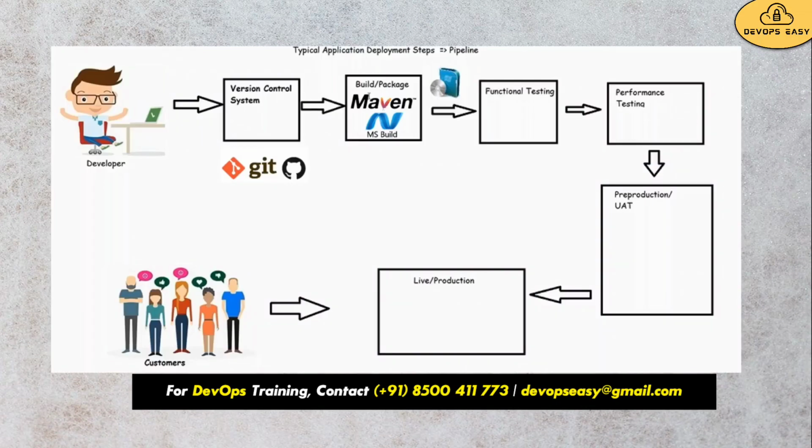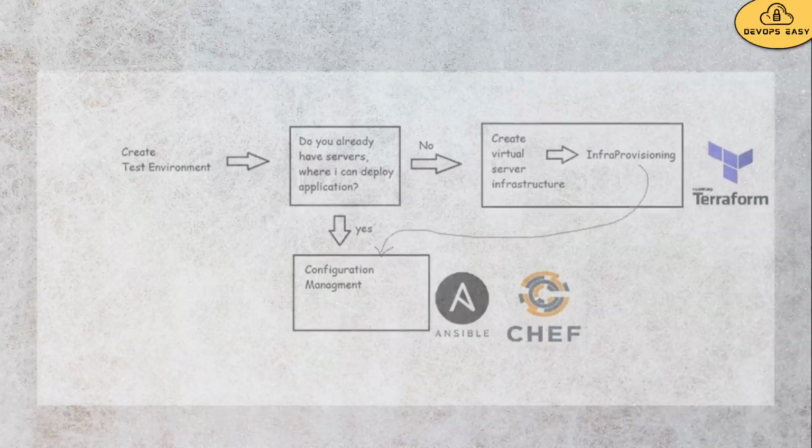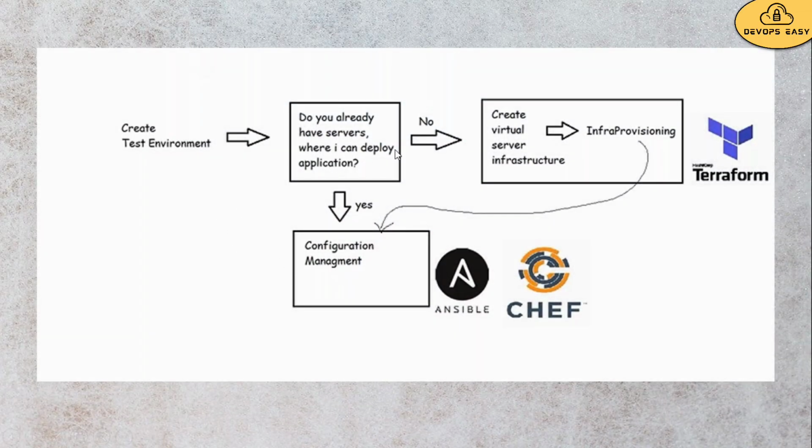After the package is ready, that is my jar file is ready, I need to copy it into different servers, right? If I have those servers, well and good. I will use Ansible. Using Ansible, I will copy that jar file into different servers, whether there is one server, 10 servers, or 100 servers. For suppose if I don't have any servers and I want to create a server, then Terraform comes into the picture. Terraform will help us to create those servers.